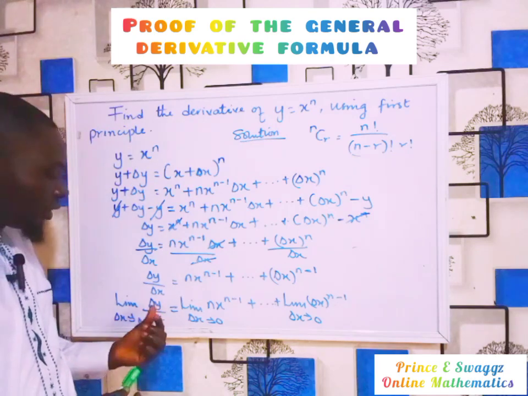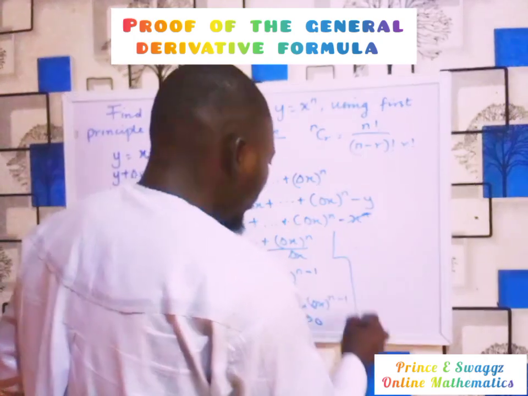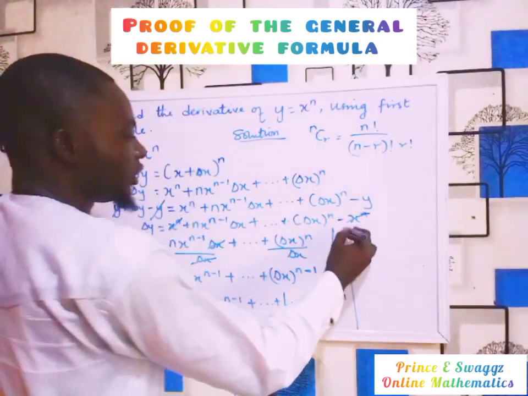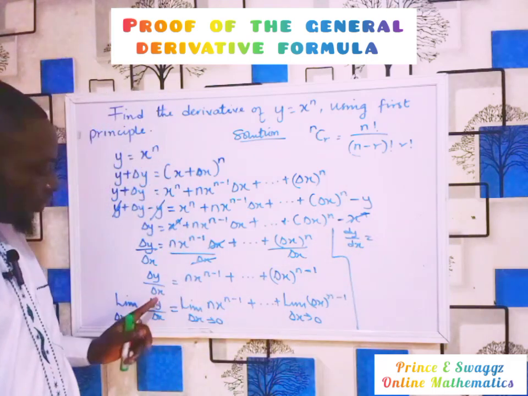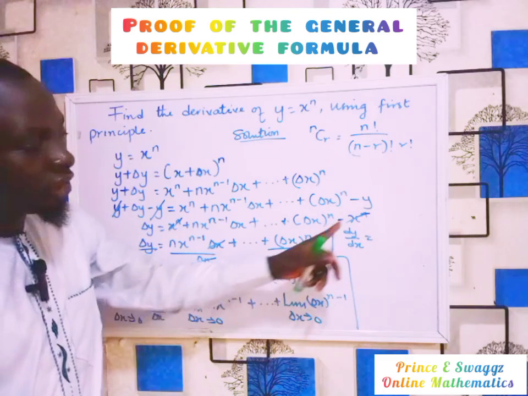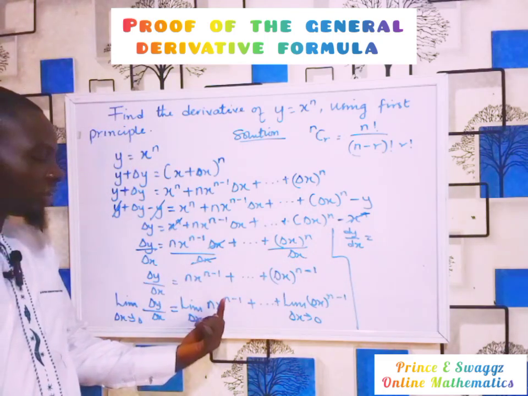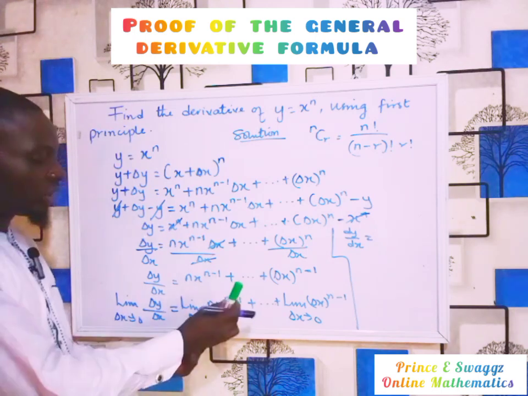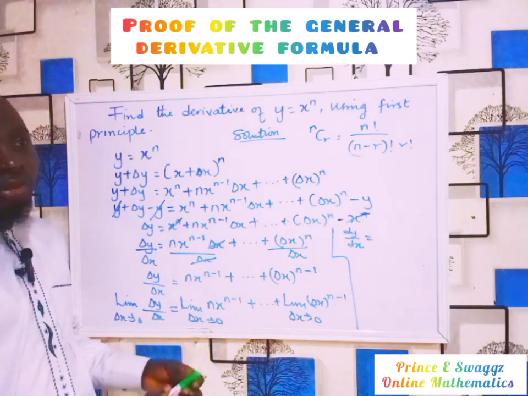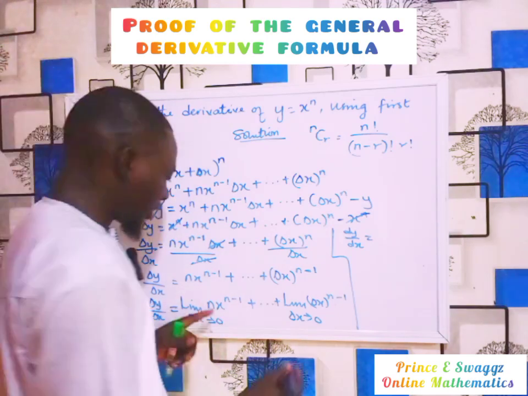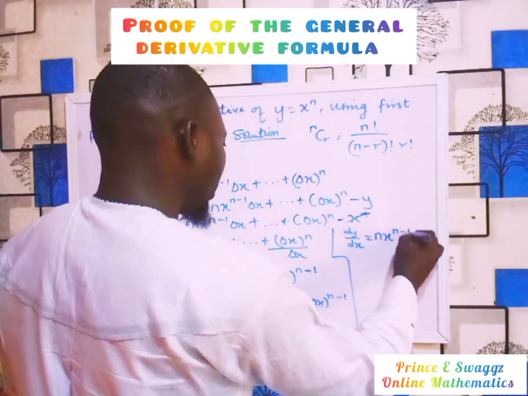So if we take the limit of delta y over delta x as delta x tends to 0, that will give us dy over dx. The limit of delta y over delta x is dy over dx. Now if we take the limit of n x to the power n minus 1 as delta x tends to 0, we check, there is no delta x here. So that means this is a constant. And the limit of any constant is that constant back. So I'm going to have n x to the power n minus 1 plus